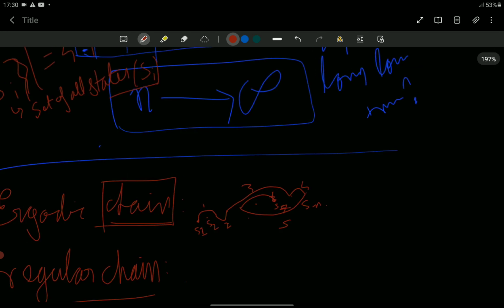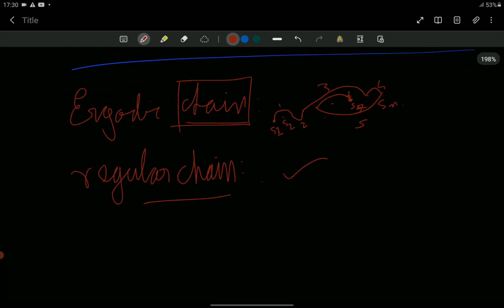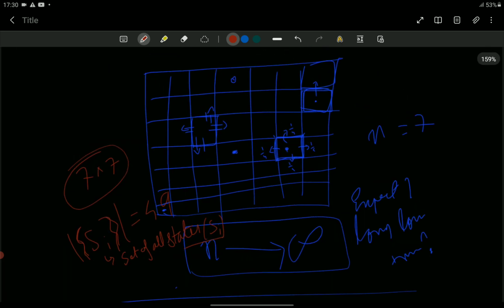So that is a regular chain, and this thing comes in